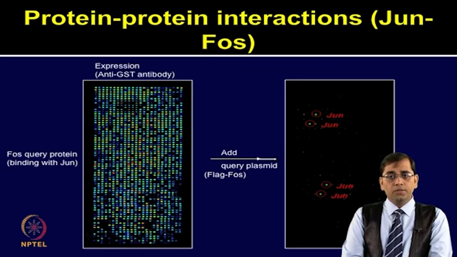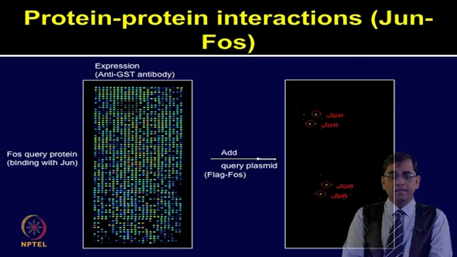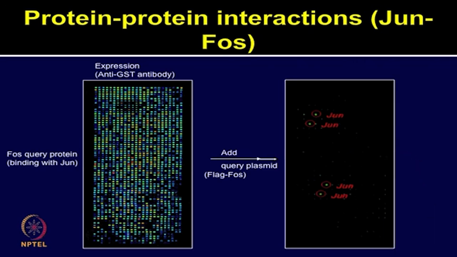Jun-Fos was used as a model system to demonstrate how protein-protein interactions can be studied by using a cell-free expression based NAPA microarray system. Let us look at some more case studies where protein microarrays have been used for studying protein interactions. The next case study is performed by Ramachandran et al. 2004 to identify novel protein-protein interactions using